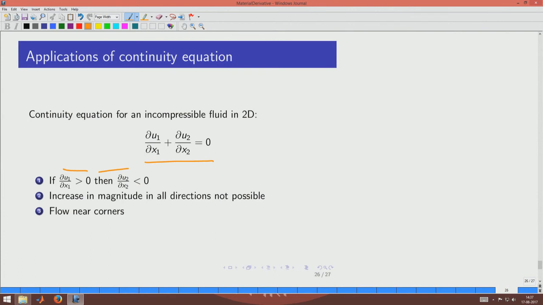This is the outcome of the continuity equation, and it can be used to tell how the flow will be near a corner. So, let us look at a wall like this, and you have a corner there. Near the corner, we already know from common sense that if the liquid were to flow, it would go like that. So, what we do is take segments that are of uniform length, and whenever you take these segments, you can see that the x velocity is decreasing.